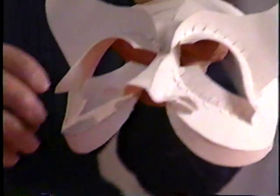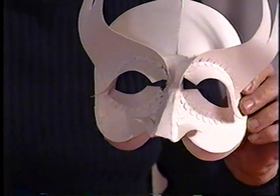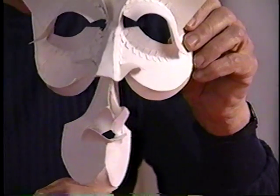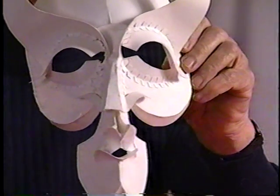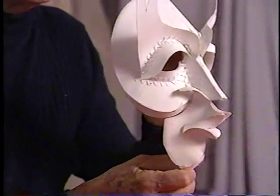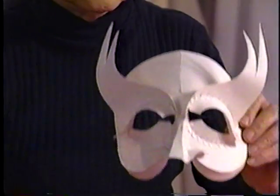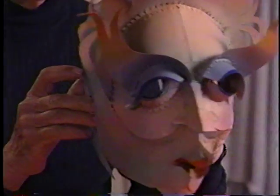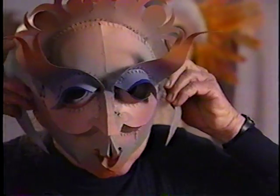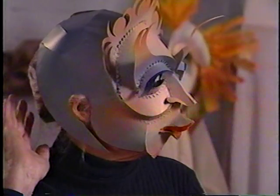Okay, now let me see the mask. Which mask? That one right there. And the mouth. Show me how the mouth goes on. Good. Give me a little bit of profile with it. A little what? On the mask, a little profile. That's it. Turn it back. Take the mouth away. Take the mask away. Show me the finished mask, too. Good profile. Ooh, that's great. We didn't talk about the painting of it, but...